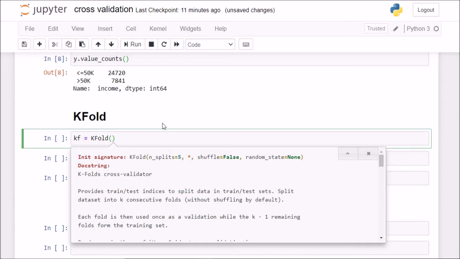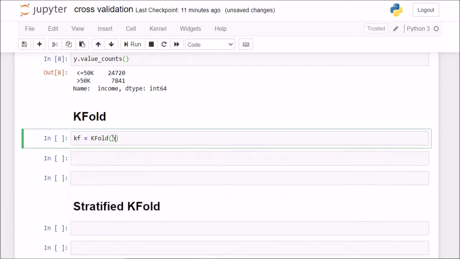This KFold class has 3 parameters: n_splits, that is the number of splits we want to do to the data, whether we want to shuffle, and whether we want to set a random state. So I'll simply set n_splits equal to 5, the default value, but just to be explicit that we are using 5 splits, I am mentioning 5 here.